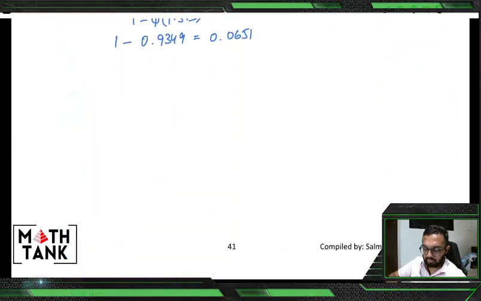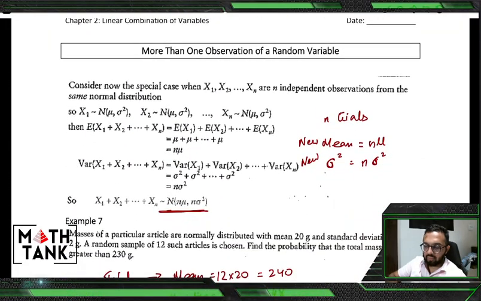It's another question. Now I'm going to focus on the wording of the question, and I'm going to tell you how to spot the difference between more than one observation and multiples of a random variable. Now, more than one observation means that, for example,